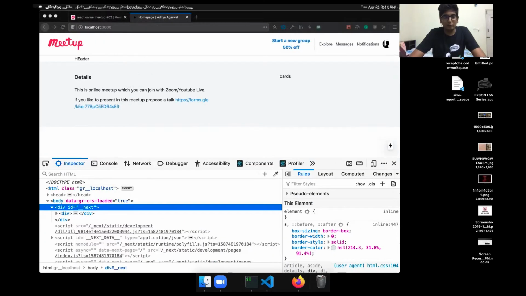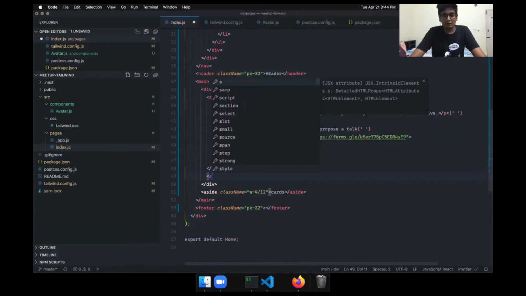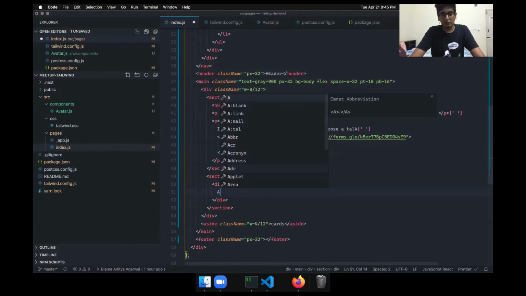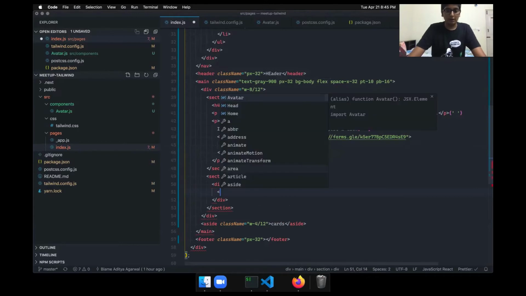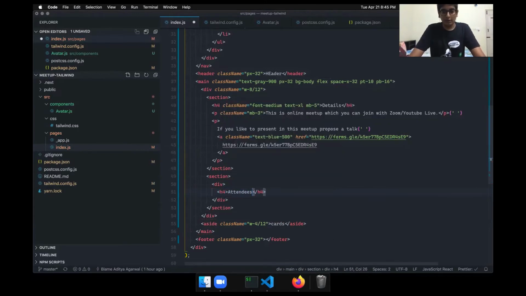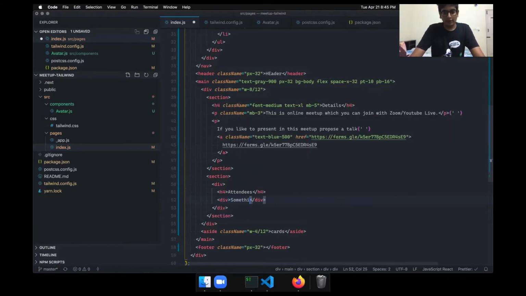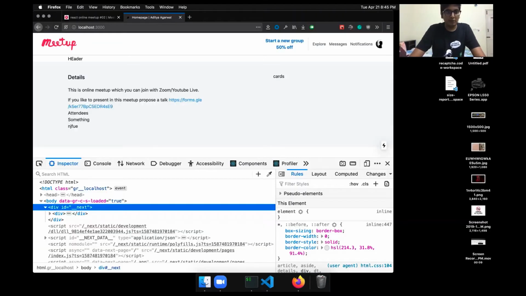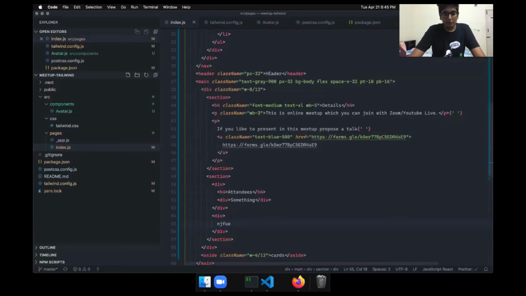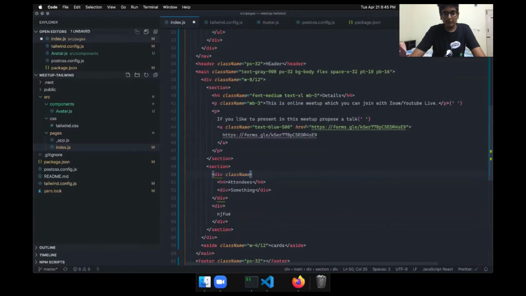Okay, and now we can have another section which has the attendees list. So a section, and now I want one row where there would be two things. One would be the heading, and let's just use the h4 only, attendees, and there would be something on the right side. Next there would be a div, which we don't know what will be there. Cool. So as you saw, there's attendees, there's a see all button, and then there's a grid. So now on this div I can say className equals flex items justify-between,